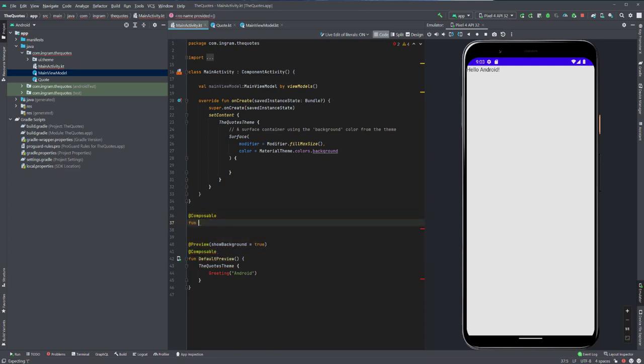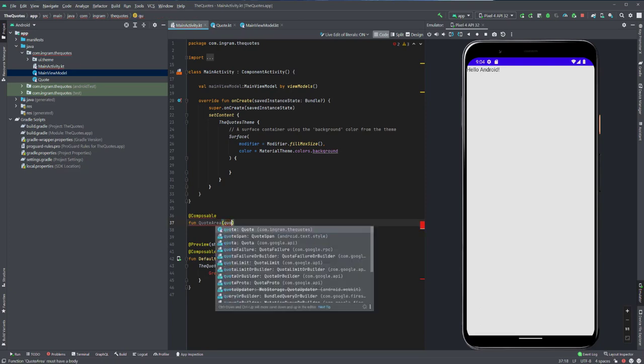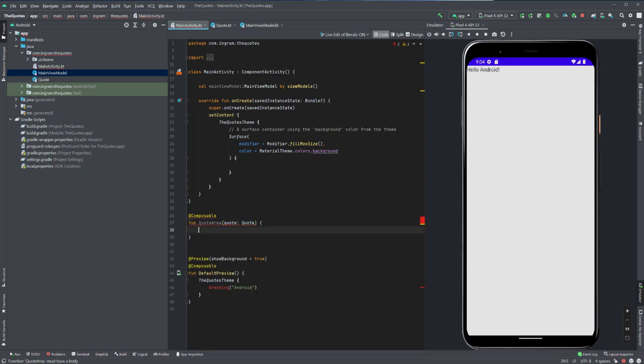So we have our quote. What are we going to call this? Who knows? I don't want to name things. We'll just say quote view. Quote area. Try to stay away from view, man. It's used so much, everywhere. So the quote area takes a quote and